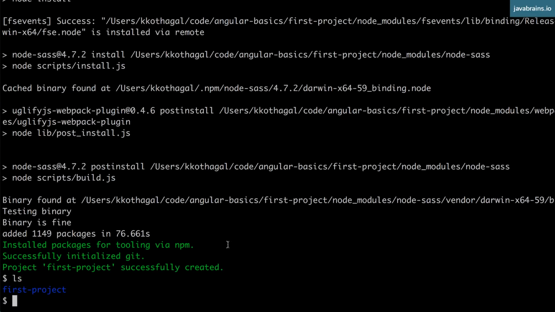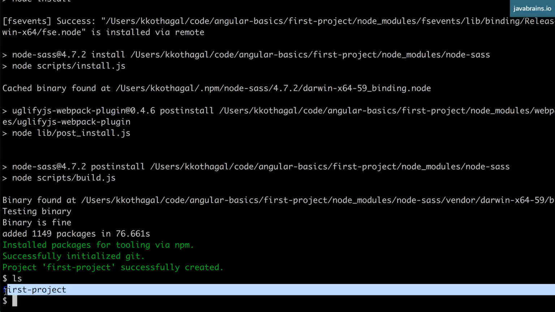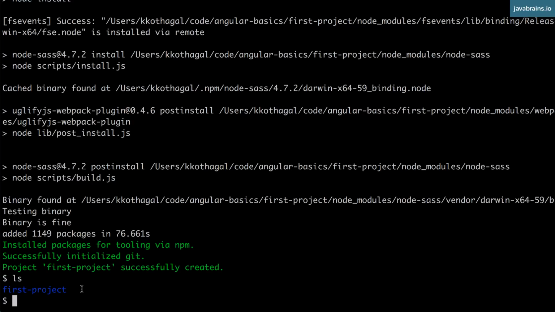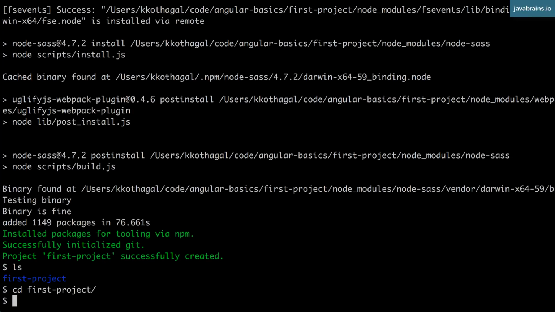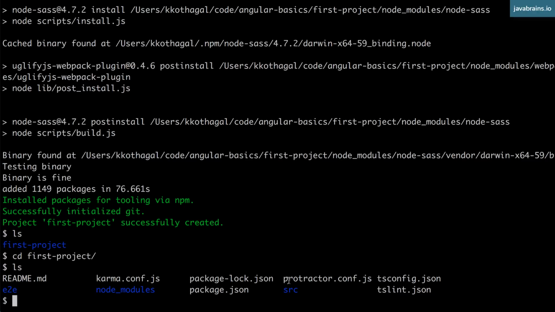And now if I list the directory, you see here there is this directory called first project. So this is the name of the project that I asked Angular CLI to create. So I'm going to switch to this directory. And here you see it's created a bunch of files and folders. So it has this folder called src, which is going to contain our source code. It has this folder called node modules, which is where all the downloaded dependencies have gone. And it has this file called package.json, which lists the dependencies that we need. All the libraries, all the third-party scripts that we need are specified in package.json,